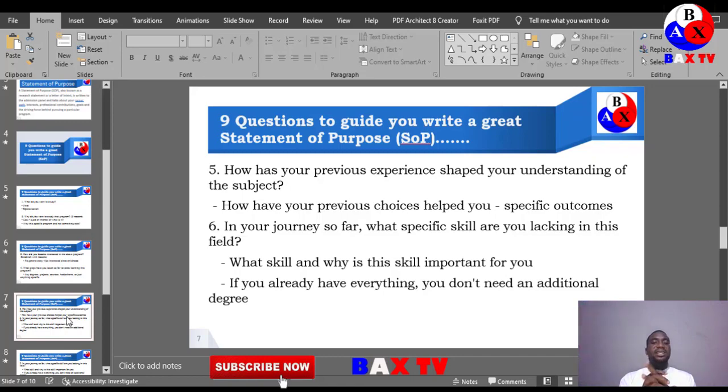Again, we are looking at 9 questions to guide you to write a great statement of purpose, SOP. We're looking at question 5 now. We've looked at 4 questions so far, and I hope you are getting the concept. So number 5, how has your previous experience shaped your understanding of the subject? For instance,